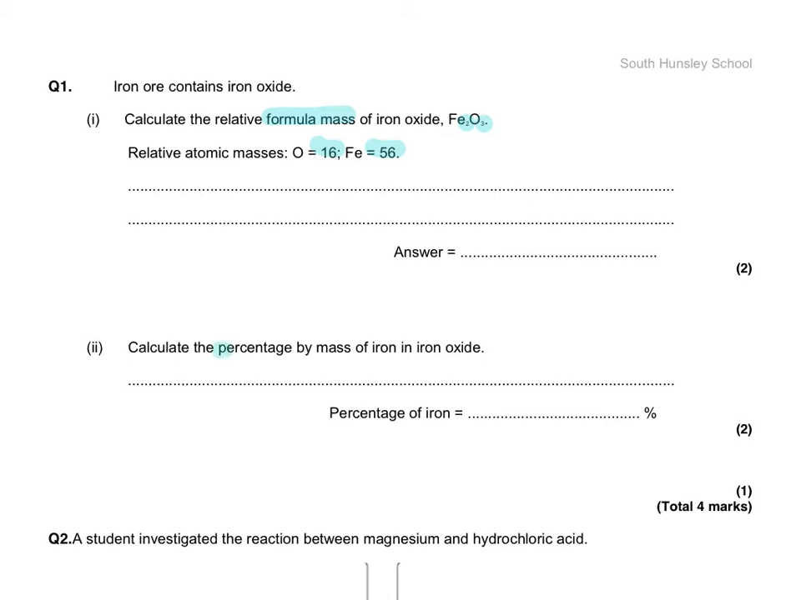If they ask for the percentage by mass of iron, they're asking how much of the Fe2O3 is iron. And so it's 2 times 56 is iron out of 160. That should give you 70%. 2 times 56 is 112, divided by 160, times by 100, because it is a percentage, gives you